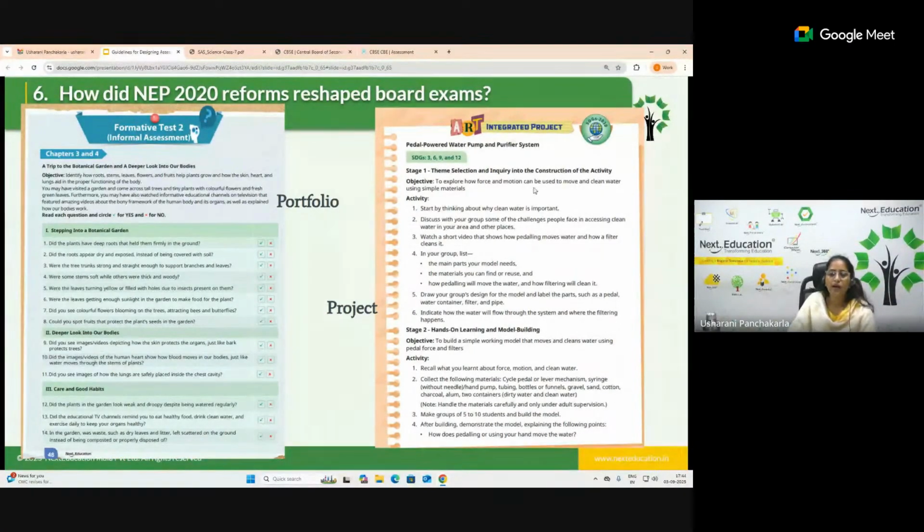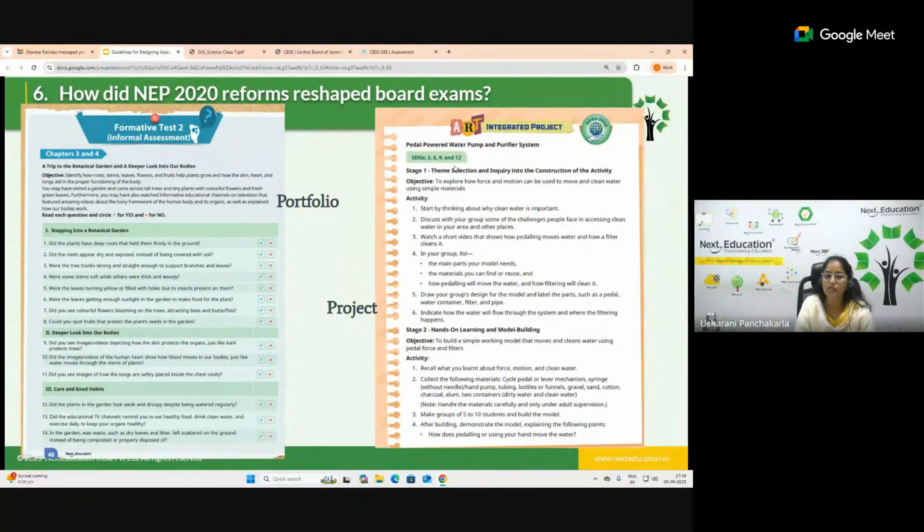Now coming to this art integrated project, this is where we are emphasizing the project. This is one such example given in the third grade book, and even SDGs are being covered. As we said in the last session regarding sustainable development goals, we have covered 1 to 17, but when you see the implementation part, we haven't even reached 30% of these SDGs by now, because we are supposed to achieve around 100%.